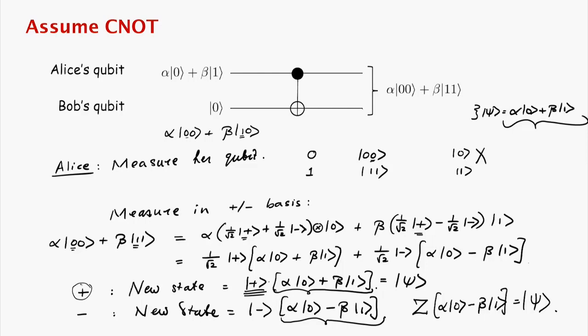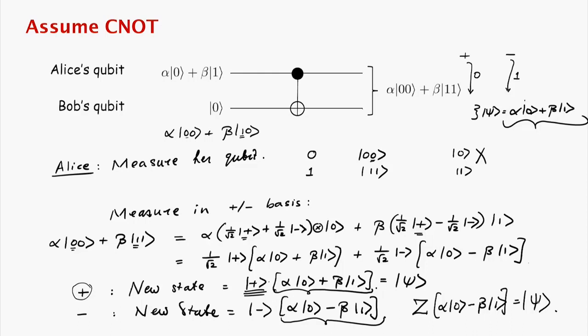if the result is plus, she transmits to Bob a bit saying 0. If she gets a minus, she transmits to him a bit saying 1. So she calls him up, says 0 or 1, I got a plus or I got a minus. If Bob hears 0, he leaves his qubit alone. It's already in the state psi. If he hears 1, he says, aha, I got alpha 0 minus beta 1. So I'm going to apply a phase flip gate to my qubit, and I'll now have my qubit in the